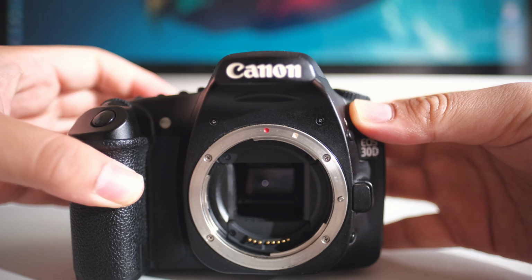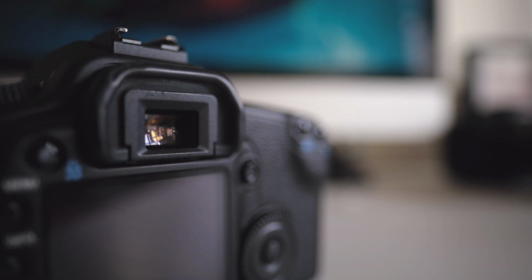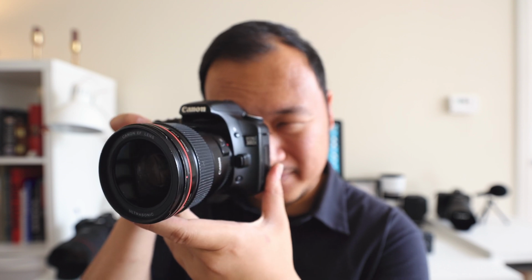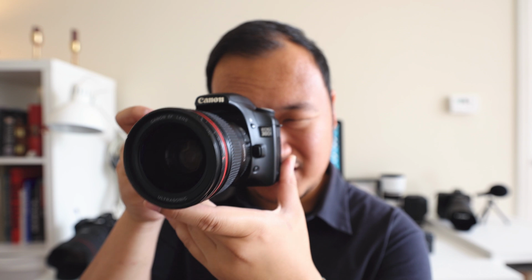This camera is also weather sealed, but yeah, the viewfinder is actually quite nice, big and bright. It is almost 100% coverage, which is great, and the AF inside is also really quick. I'm focusing between the camera and my wall at the back, which is like 5 meters away from the camera. No, actually 6 meters. So yeah, it's actually a really fast autofocusing system, as long as you're also aware of